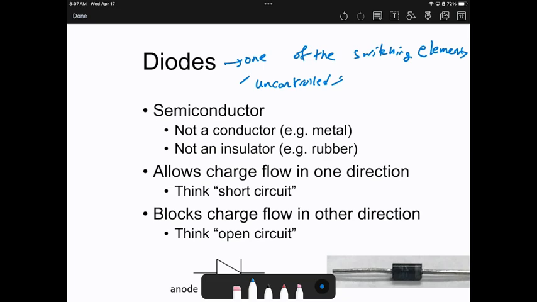But the advantage of the diodes over the transistors is that the diodes can handle higher voltages. And